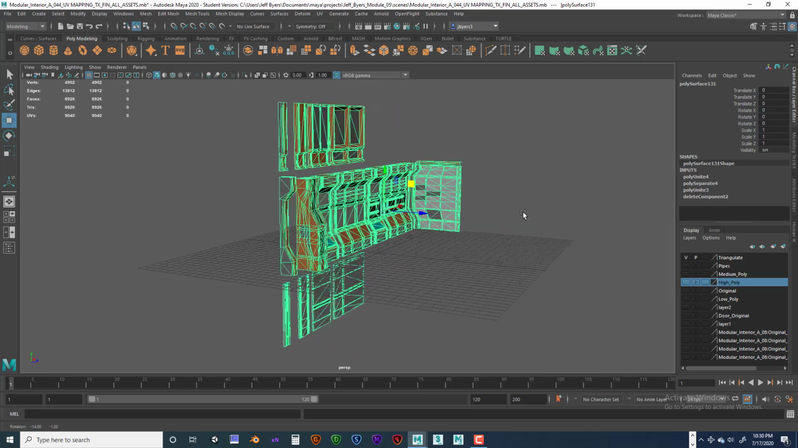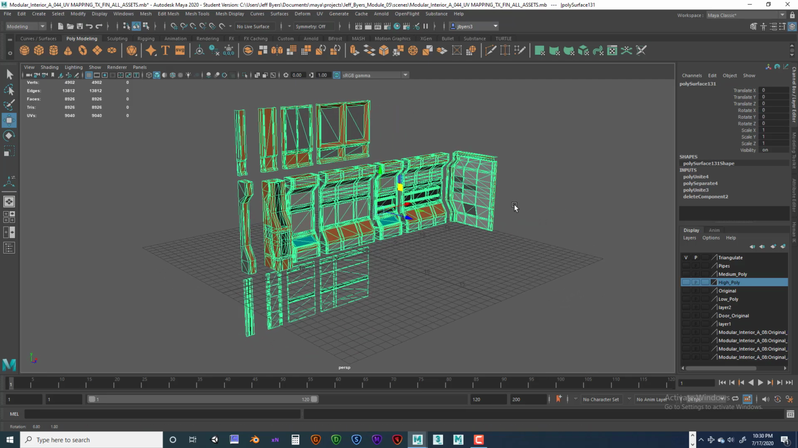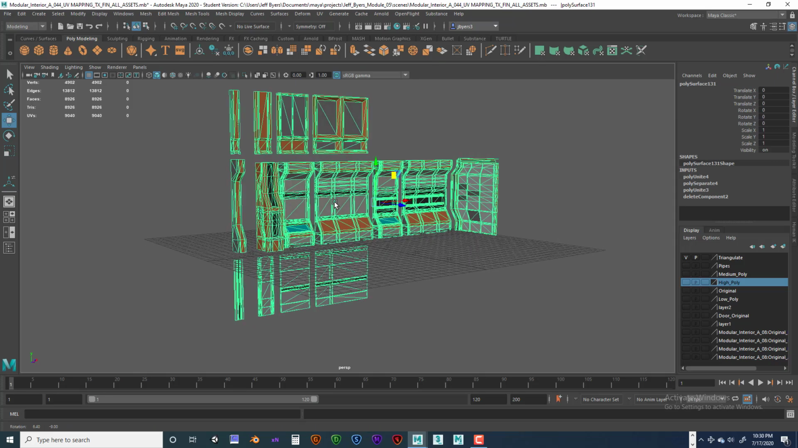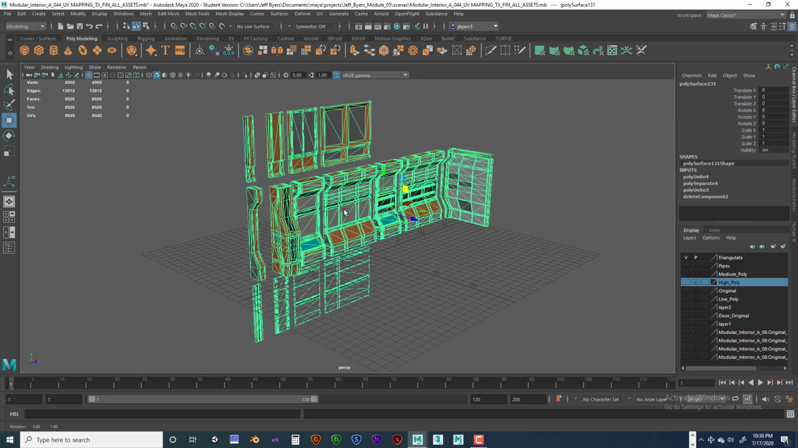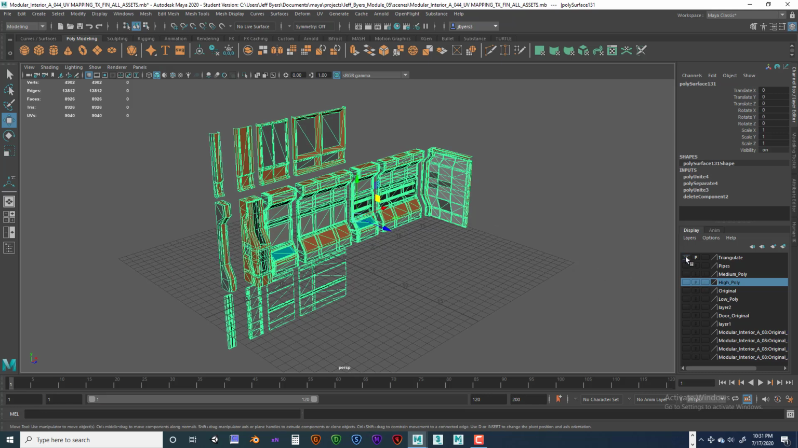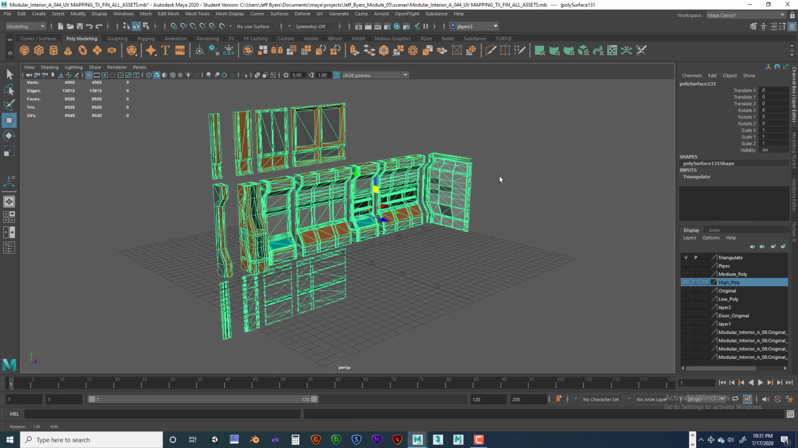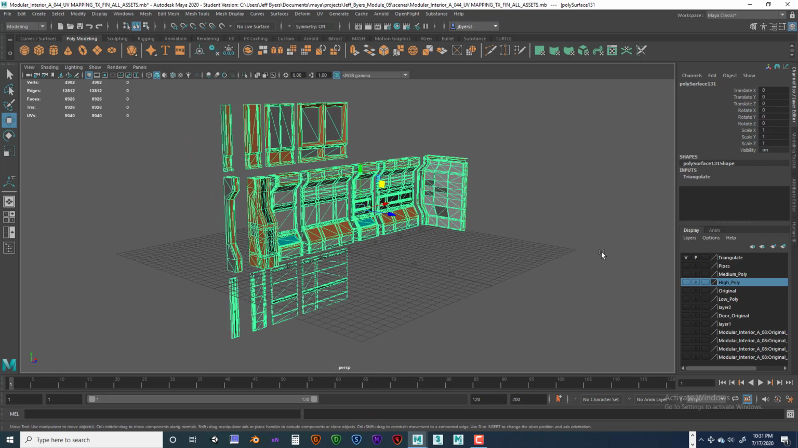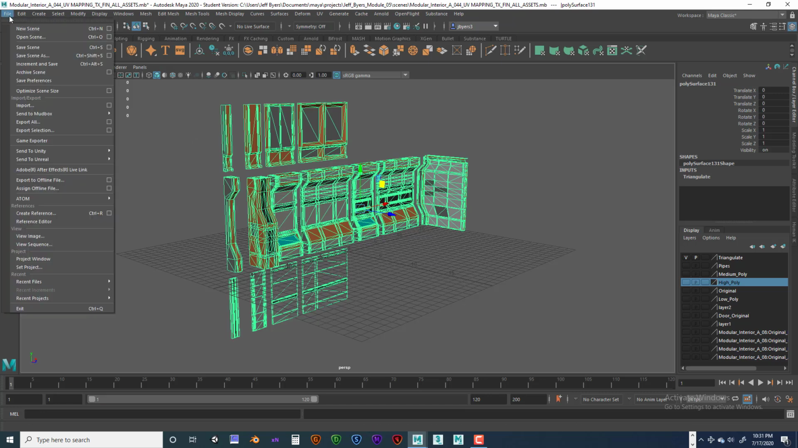And then we're going to go ahead and, after we combine it, right, I think that looks pretty good. Alright, so let's go ahead and add that to the triangulated one. Very good. And we're going to go ahead and delete by type history and freeze transformations on that one. So now they're all set. We're good to go. So I'm going to go ahead and export